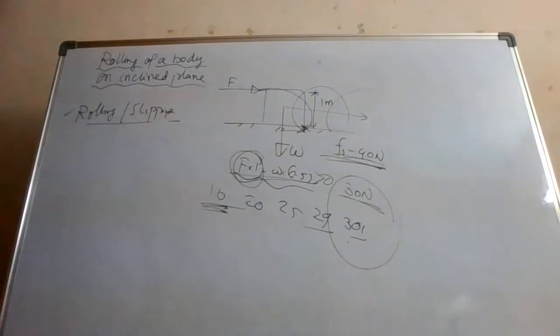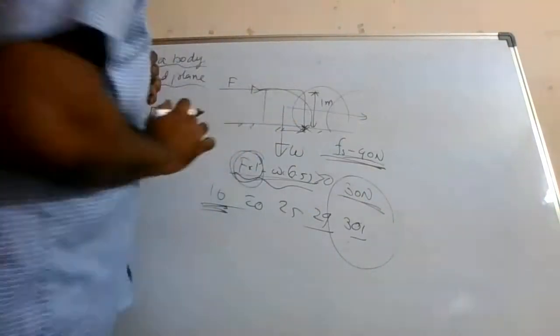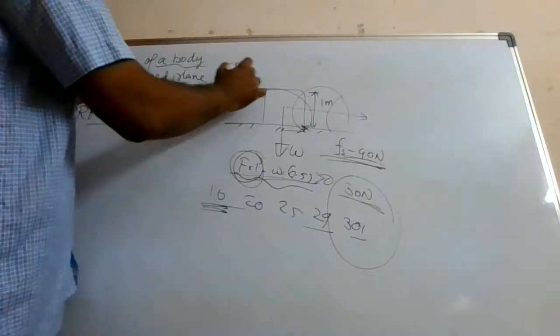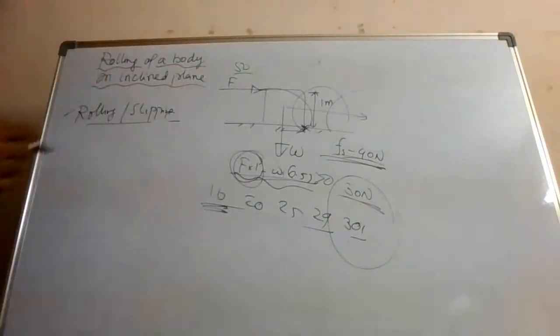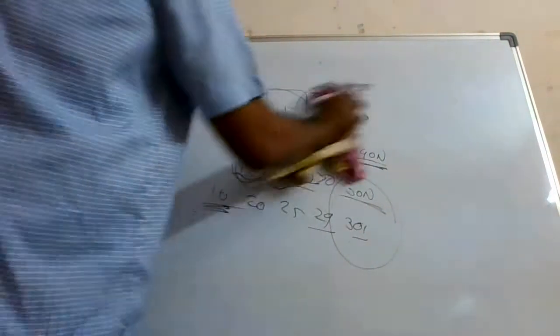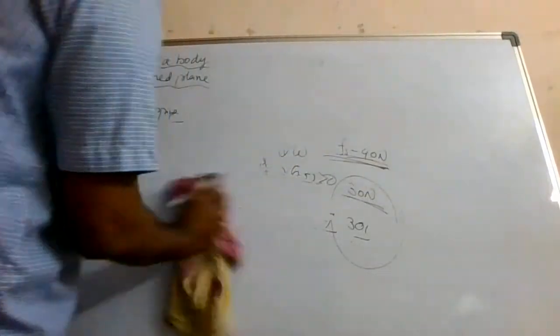So what was the condition here? The force must be less than the maximum frictional value. Let us say directly you had applied a force of 50 Newton. What will happen? It will slide. Rolling didn't happen at all. Directly it slid over. So this is what is involved in this. You need to understand that. Based upon this, let us have a small discussion.